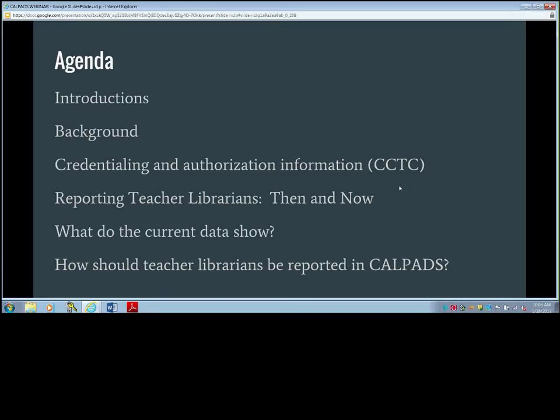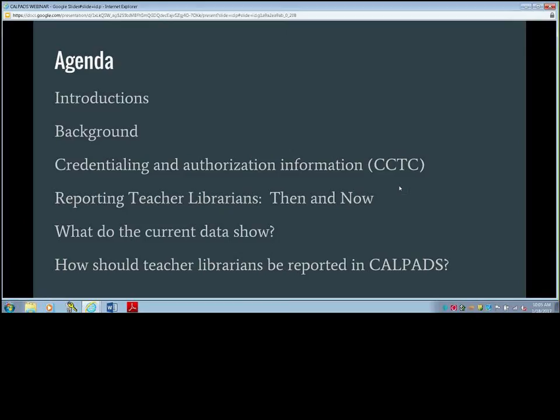Also joining us to speak about credentialing are Aaron Schoolbull from the Certification Division and Hart Boyd, Professional Services Division, both from the Commission on Teacher Credentialing. Brandy Howdigan, Senior Information Systems Analyst, CalPADS, CBEDS, and CDS Operations Office Lead Business Analyst for the CalPADS data system since 2006, will be taking us through the history of reporting teacher librarians, or the why, what the current data shows, and she will also explain in detail how to report teacher librarians in CalPADS.